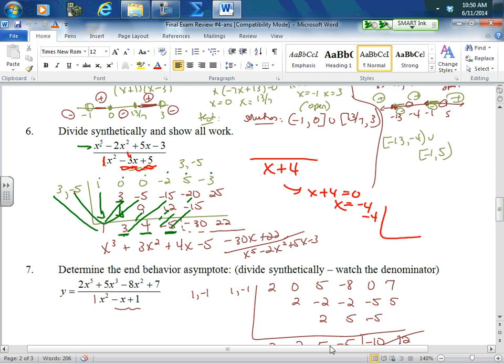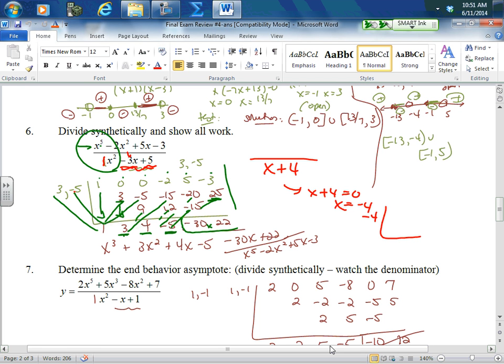3 times -5 to the right. -5 times -5 to the right. Once you reach this outside, add them both down. Now how do I start? I say this. Look at your leading coefficients. If there's x to the 5th in the numerator and x squared in the denominator, if you divide that, what are you left with? X cubed. Your first one has to start with a cube. X cubed, x squared, x, 0, which is nothing,